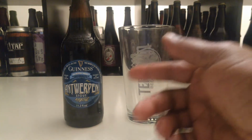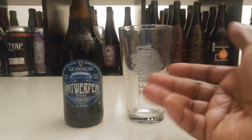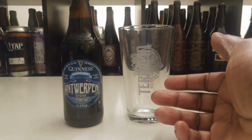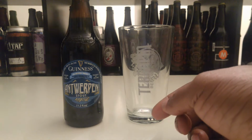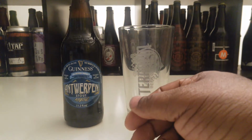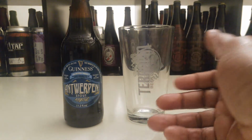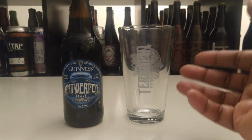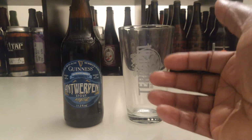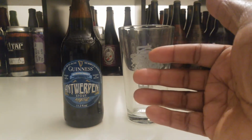I happened to run across one. I saw a new bottle shop located out in, I think, Bowie, Maryland. Ran across this bottle shop and slid in, and they had a lot of local brews. And since we now have the Guinness brewery located up in Baltimore,